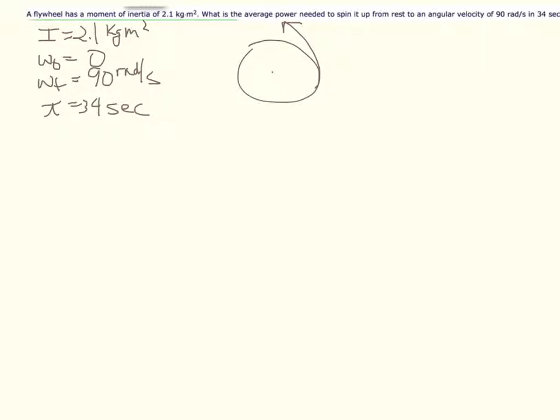Okay, so in thinking about a power question, we know power is equal to the change in energy over the change in time. The kind of energy that we're talking about here is rotational kinetic energy, because this thing is spinning around. So power for this problem will be the change in the kinetic energy over the time. And the change in the kinetic energy: it started at rest, so the change in kinetic energy is just the final kinetic energy over the time. Okay, so knowing all of this then,